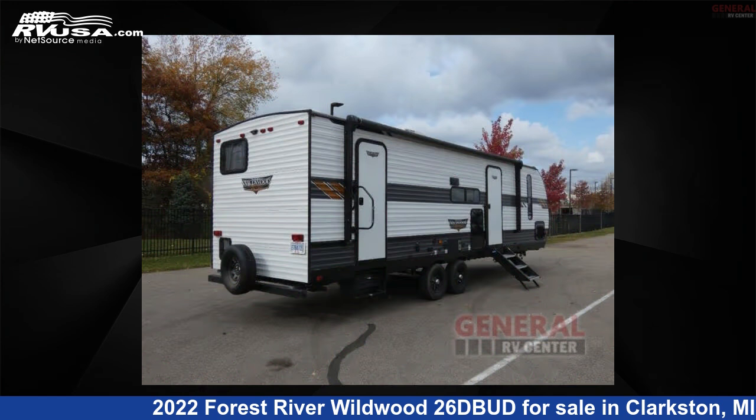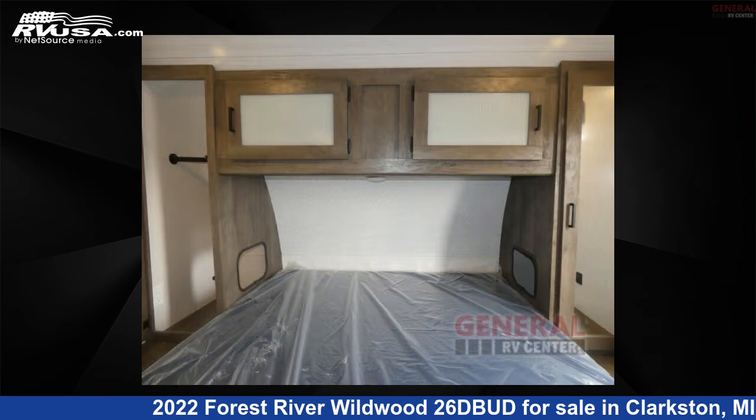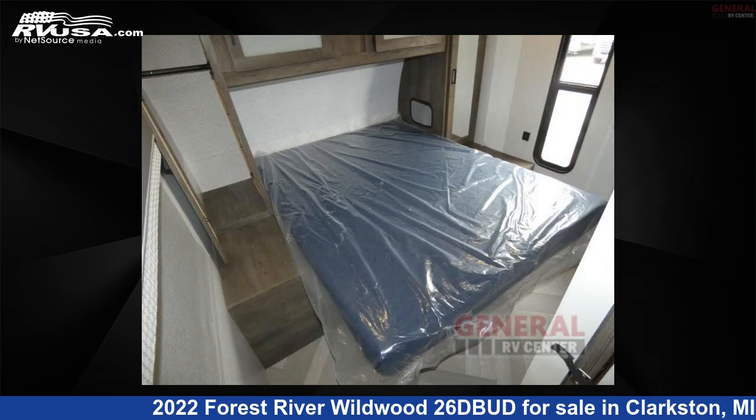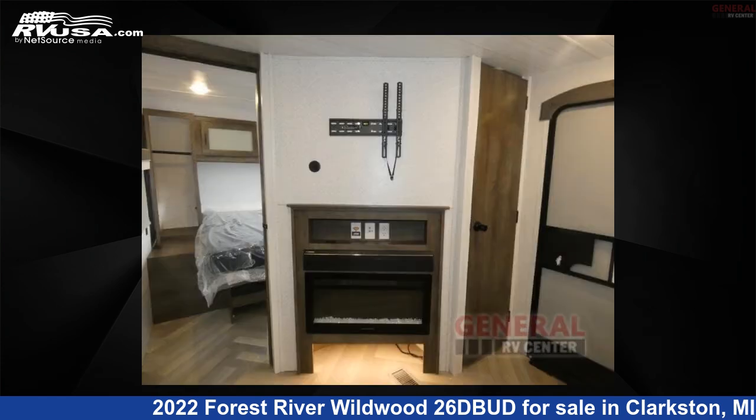This used Forest River is 33 feet 0 inches in length and features sleeps 10, Slideout, and 40 gallons fresh water capacity. The floor plan layout of this travel trailer features bunkhouse, front bedroom, outdoor kitchen, 2 entry, exit doors,